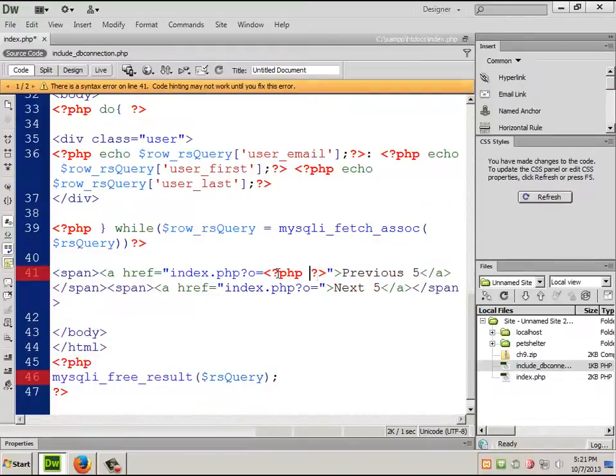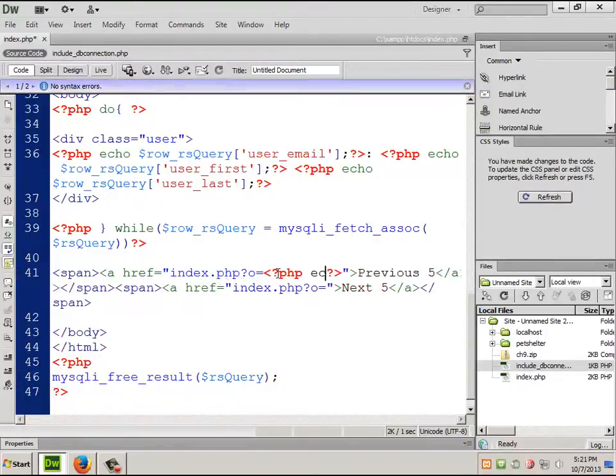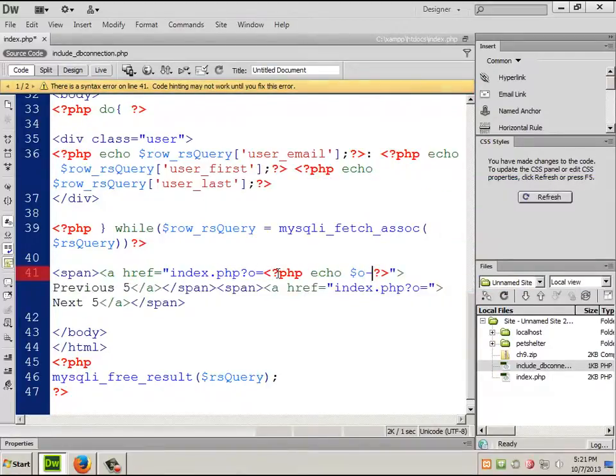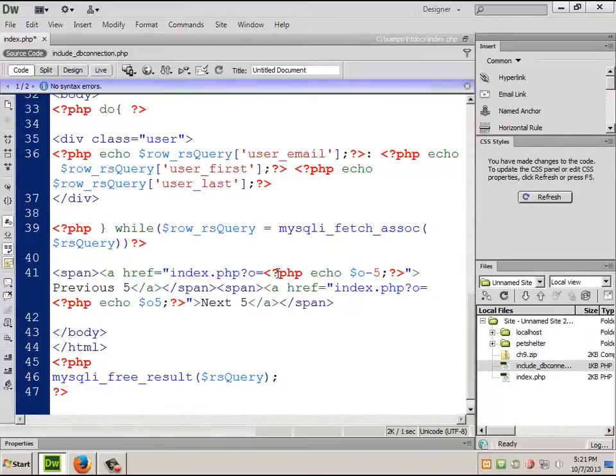PHP echo $O -5 or O +5. So the first time through it's equal to 0. And here it's going to come through and O is still going to be set to -5 and +5, but I can write another if statement that prevents them from going below a certain threshold or above a certain threshold. So for example,